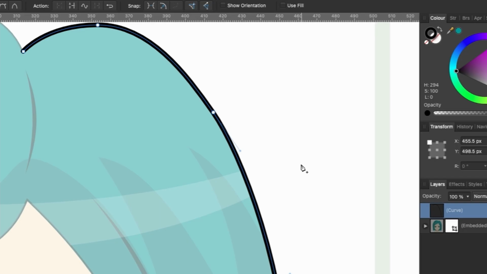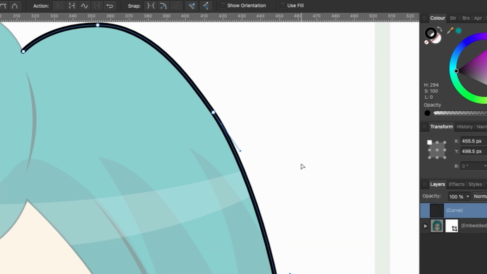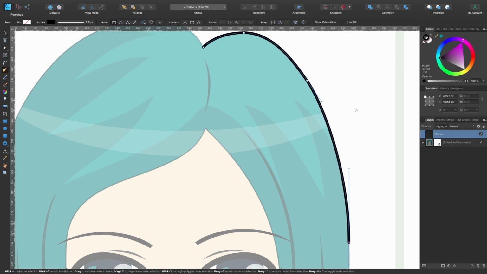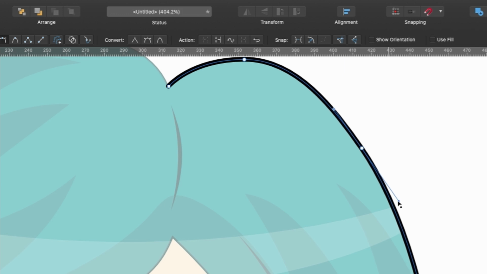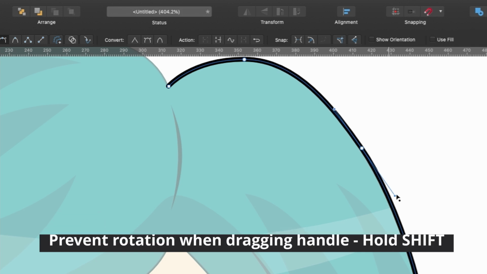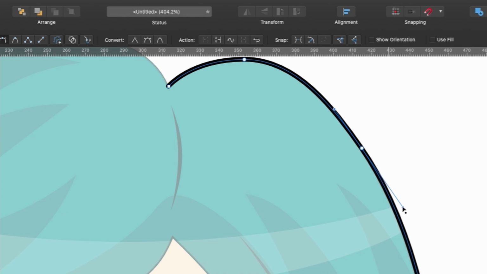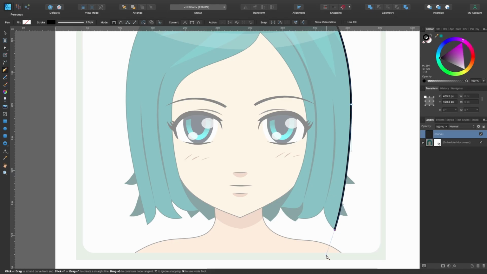So right now in the pen tool, if I click on Command and keep my finger on it, you see the node tool symbol appear. With this, you can see that the handles light up a little bit, and that means I can go and grab those and mess around with them. So holding down Command, I will click and drag this out. And look, as I'm dragging, you can see that at the top it's moving a little bit as well. I don't want that. So if I keep my finger on Shift also, so right now my finger is on Command and Shift, it will keep it in a straight line and allow me to play around with this handle. I'll click on the next bit here and just drag out.